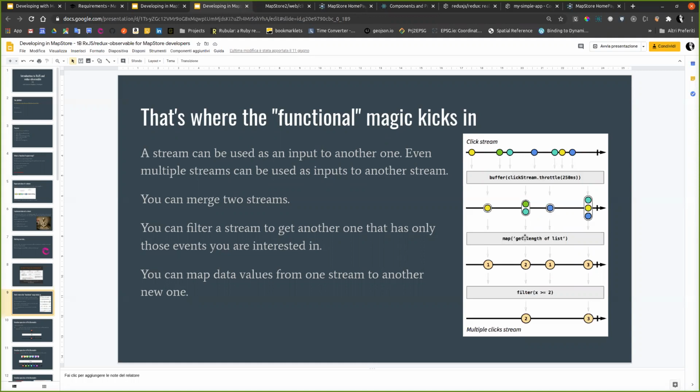Then you do a map that is very simple, similar to the map used on arrays that I explained this morning. You can map this object containing the click events to the length of this array, for instance, getting the number of events, and then filtering this,